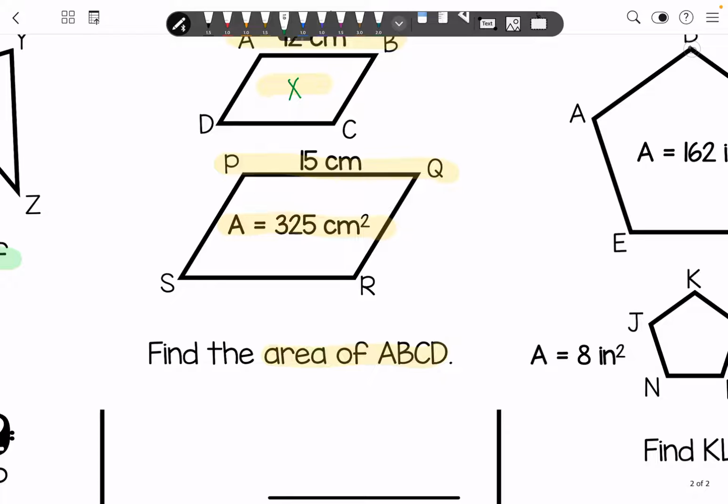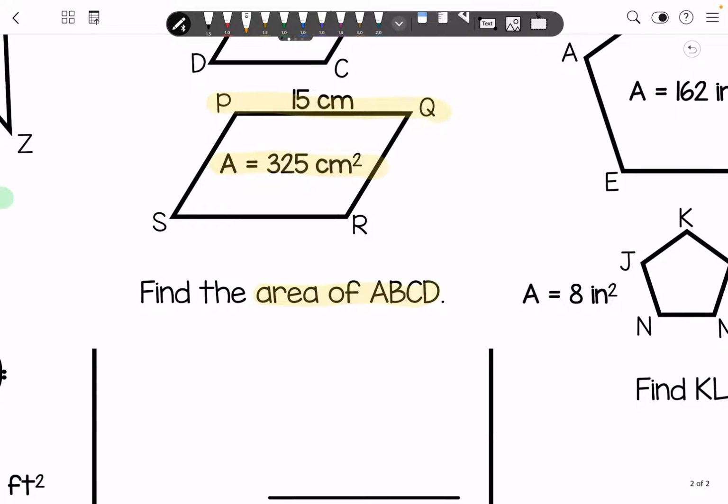So let's go ahead and set up a proportion. And now we know that our side length is 12 over 15. And we know that our area, it's going to be X over 325. But right now, these are not both areas that are being compared. You have to make sure that they're the same things that are being compared. You've got side lengths and area. So what we're going to have to do, we're going to use